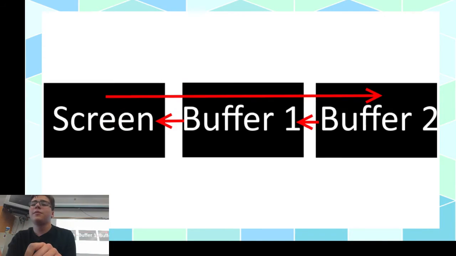And here's an example that we're going to be using. We're going to be using 3 buffers, actually for that exact reason, because what's on screen is there, and then we have 2 buffers, and sometimes it takes a little bit longer to draw graphics, and we don't want a stutter to happen for that reason, so we're just going to have a buffer to be sure that we don't have that stutter. I think what we're doing would probably work with 2 buffers, but I just use 3 buffers to be completely certain.